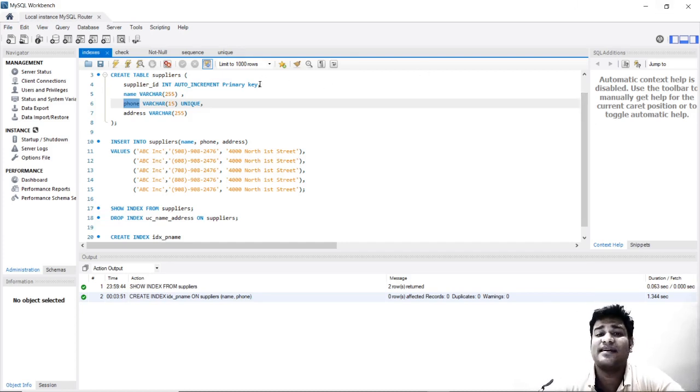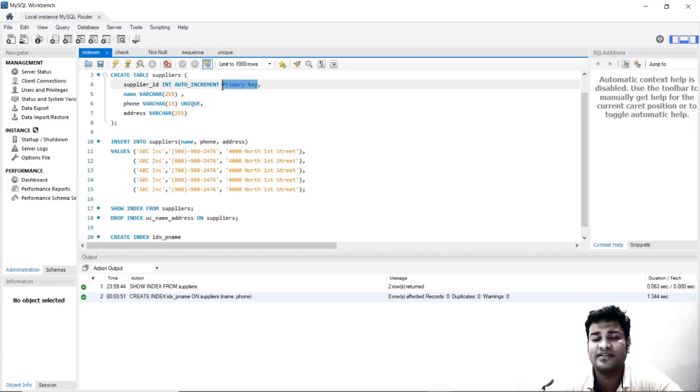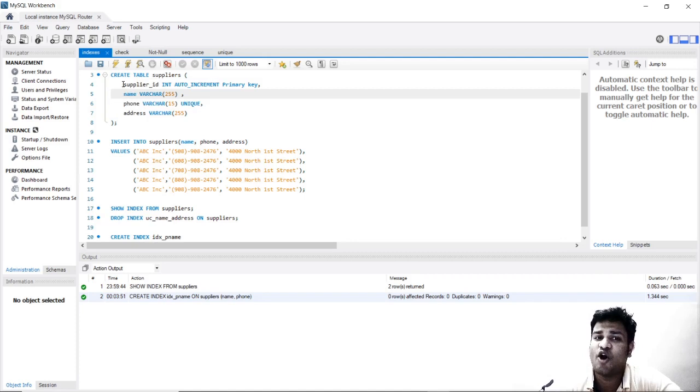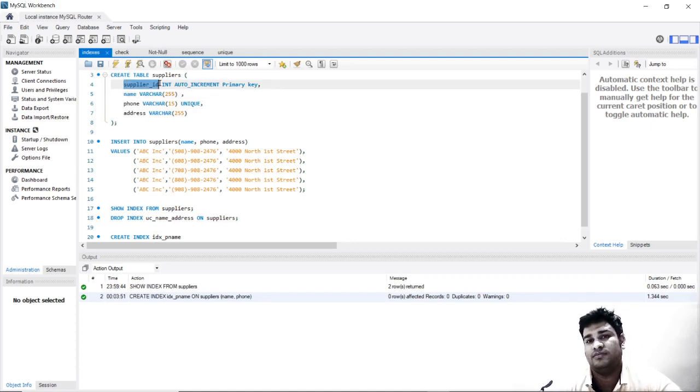Now, clustered index is something which is created for a primary key, and it is only one for the table. In clustered index, all the columns will be present, but the sorted column will only be supplier ID, the primary key one. When MySQL goes into the clustered index and says that I want the information for supplier ID 5, that works because the primary key is searched again and again.